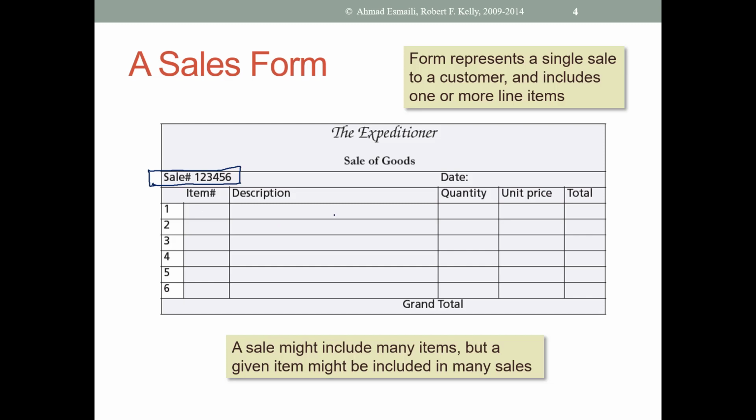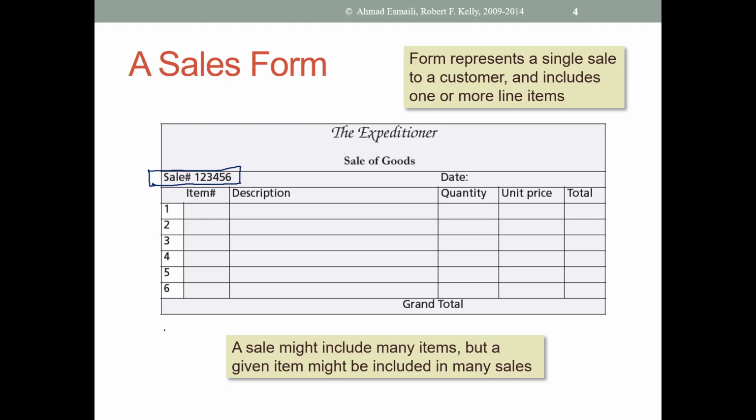Then you can write the description, then you can say the quantity. Like if it was an item like a pen, and this fellow bought 20 pens, you will write 20 as the quantity of this item. Then you'll have the unit price. You can compute the total, quantity multiplied by unit price, and then finally you can get a grand total. The interesting thing here is that this table will have only information about